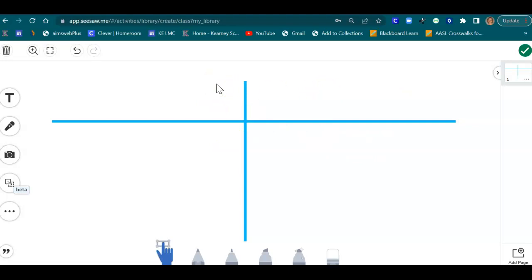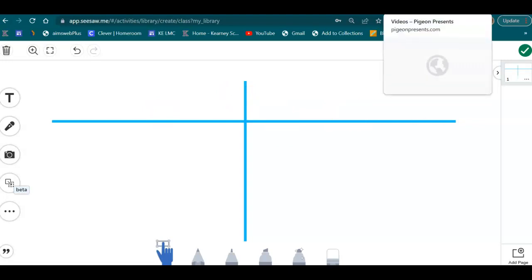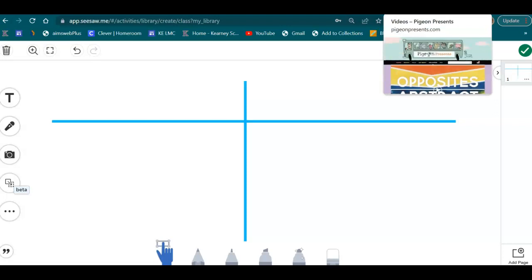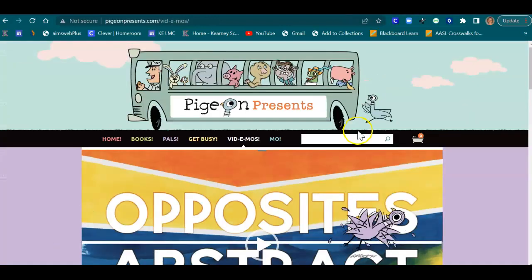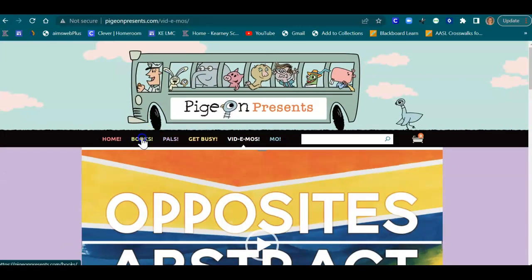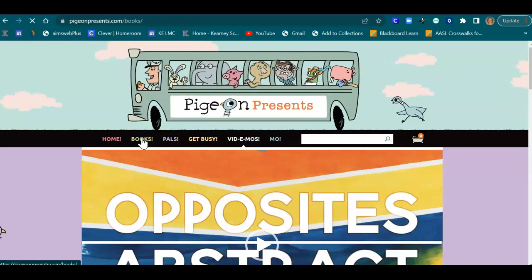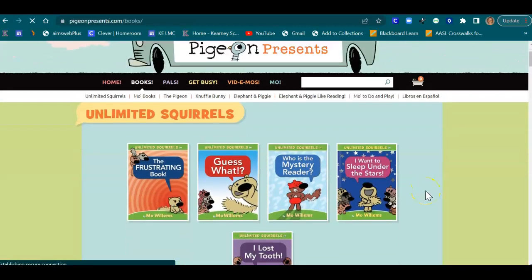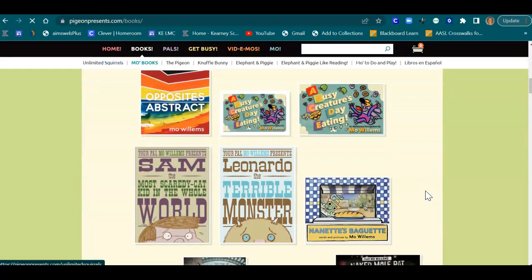But sometimes I also just wanted them to go straight to a website, or maybe I wanted a little link right here to send them somewhere. Like, let's say I wanted them to sort something from Pebble Go, but I needed them to be able to get to it, okay? Or maybe I wanted them to go to Elephant and Piggy's page, and look at the different books right here, and just be able to see all of these, okay?